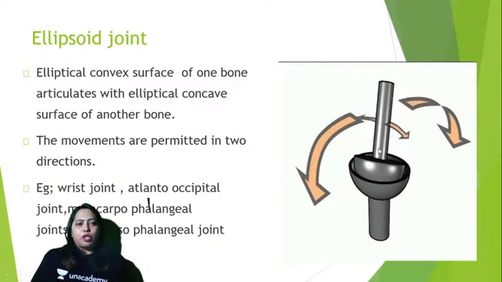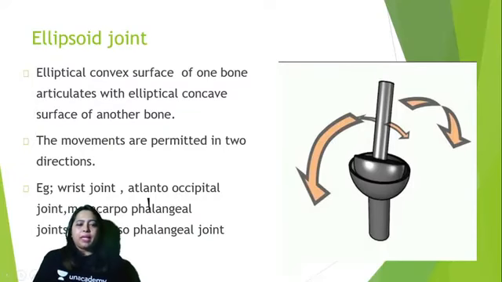Next one is the ellipsoid joint, elliptical. If you look at the wrist, you'll make out that your wrist is not straight, it is a little elliptical because of the uneven surface of these carpal bones. The carpal bones form a joint with the lower end of the radius and the ulna, and that is known as the wrist joint. So the wrist joint is an example for an elliptical surfaced area, that is, an ellipsoid joint. Next, there is also another example, the atlanto-occipital joint. And there is the metacarpophalangeal joint,